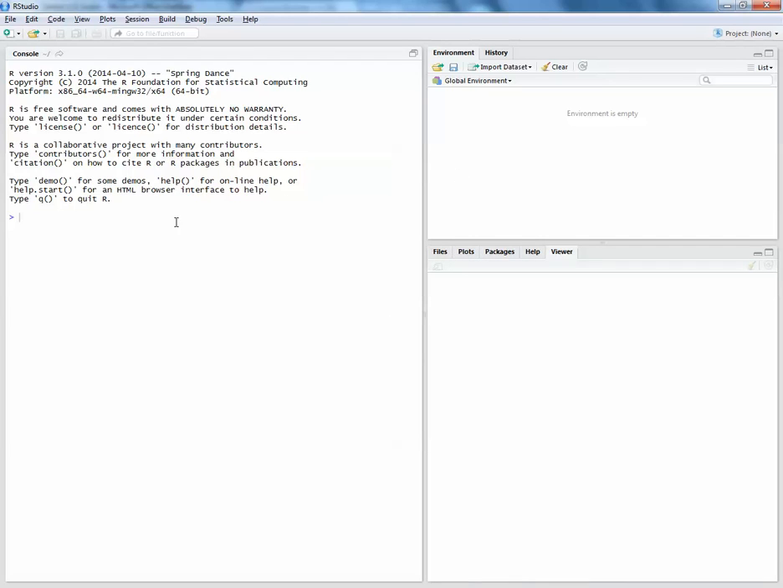So basically anything that we do in here, this is called a line-by-line computation interface. What we can do in here is basically anything that you can think of in terms of basic calculations. So if you want to do 5 plus 5, you type in 5 plus 5 and press enter, and